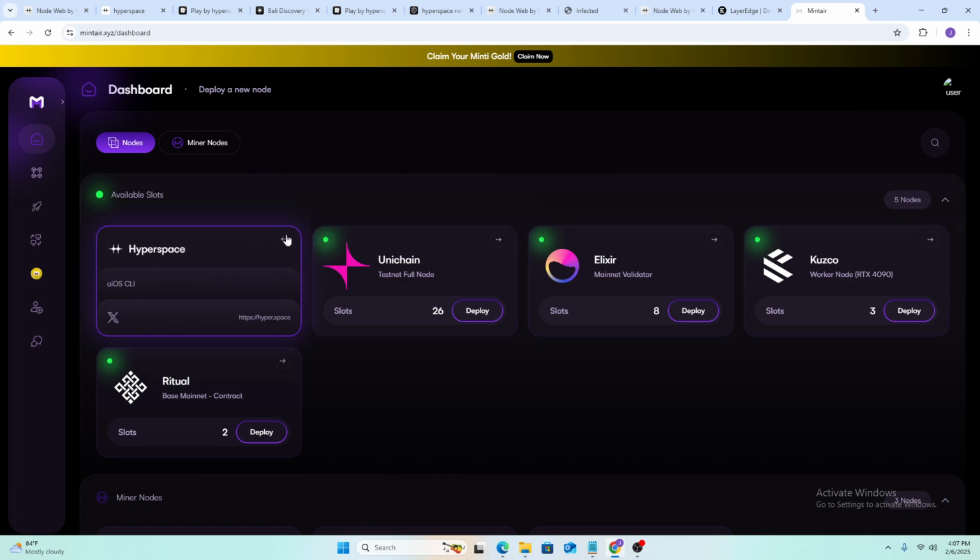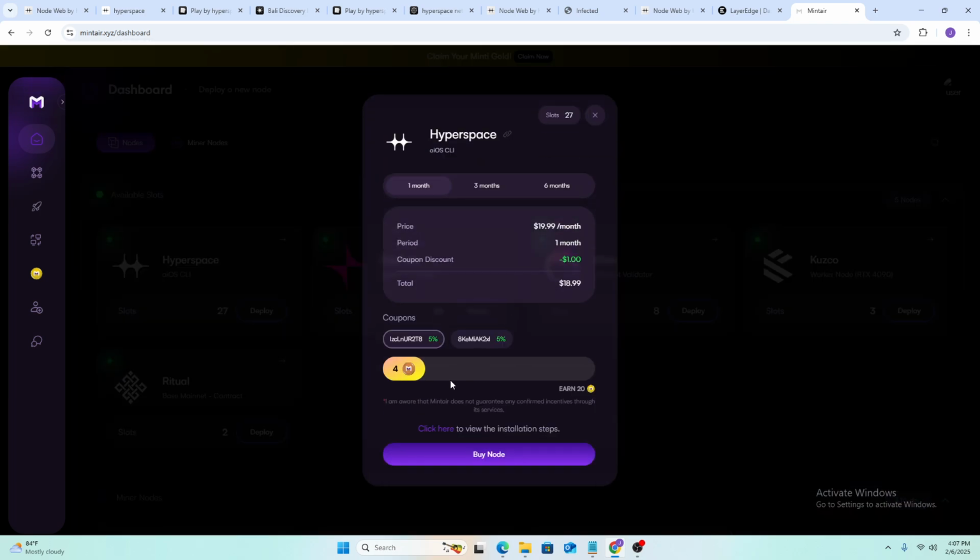CLI based. Anyway, let's not go into technicalities. You simply need to click on deploy. Now, the good thing here is that